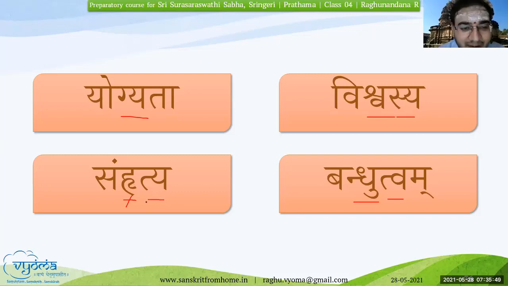Very good. But Samhritya, H plus R, is a Gunitaksharam and not a Sanyuktaksharam. It is not Rakara, it is R, a Swara, so this is not a Sanyuktakshara. That's why I put a cross mark below it. T and Y is the only Sanyuktakshara in this Samhritya. Uttamam. Well pronounced.